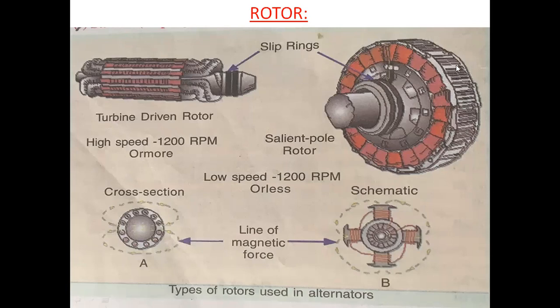So here in the figure you can see these are projected outwards from the rotor. These are called salient pole rotors or projecting type rotors. These are used in low and medium speed alternators. This has a large number of projecting poles, and their cores are bolted